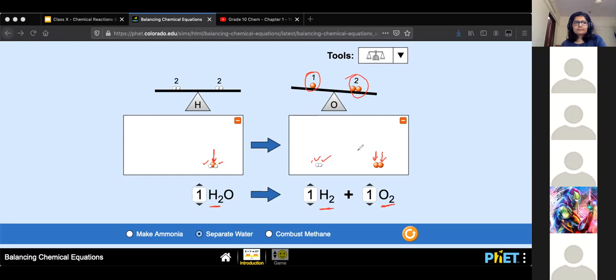Decrease it, ma'am, because one is extra. Decrease, unfortunately, is not possible because you can't destroy atoms. But you can increase. Increasing the number of atoms or molecules, matlab you're just gonna put more of water or more of oxygen. Okay. So you can't decrease because you can't destroy oxygen, you can't split this into half, no? So that is not possible. So if you have to equalize it, how will you do it? Like what will you increase? What will you do here?